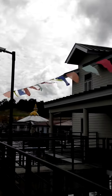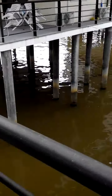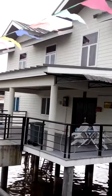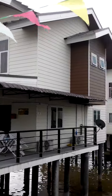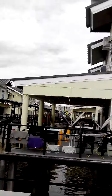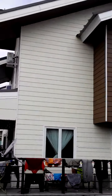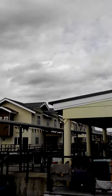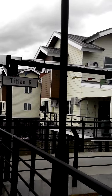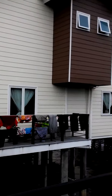Okay, we're in a water village. Now we're right inside of the village, and you see it's all really built on water, more or less. And here, this is one of the houses, and they all look kind of like this in this particular settlement here. So it's all very modern. As I said, there's electricity supply, water supply, and the houses look really nice, and they're huge houses. So you think about it, this complete thing is built on water, and this is just one of the probably